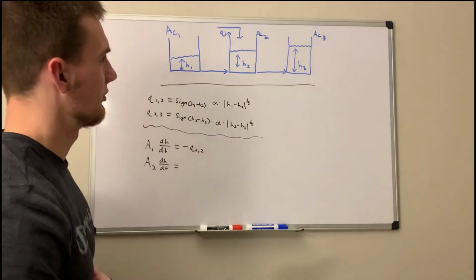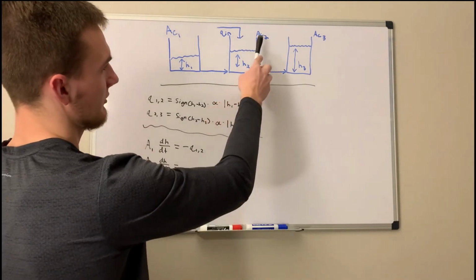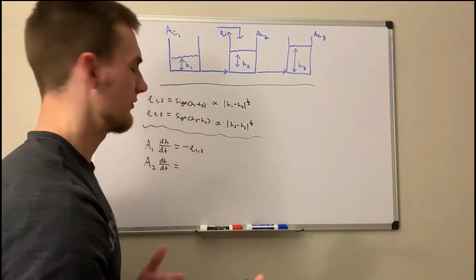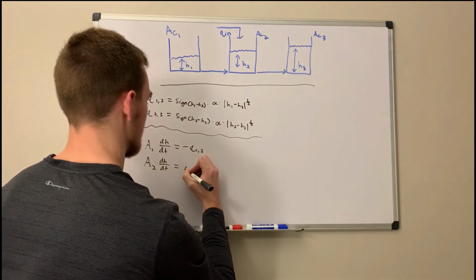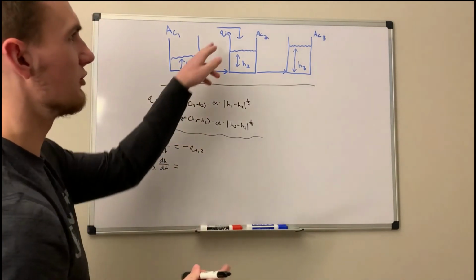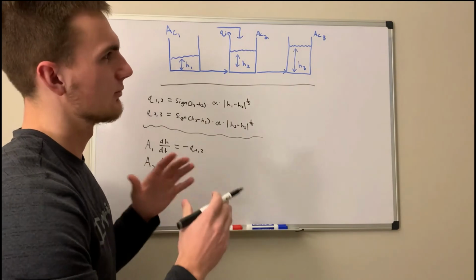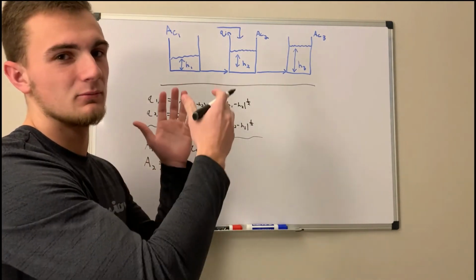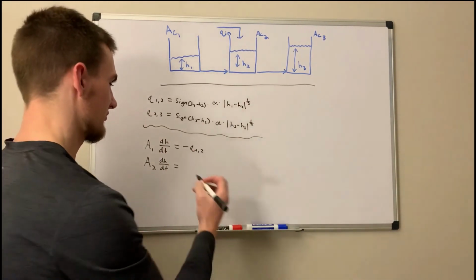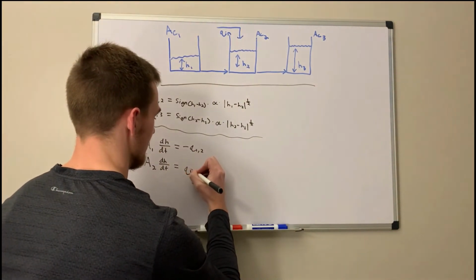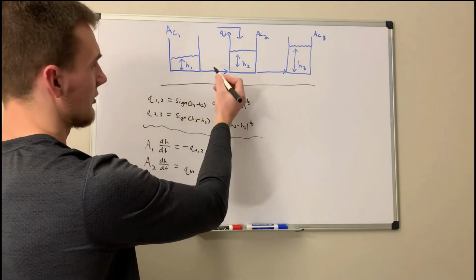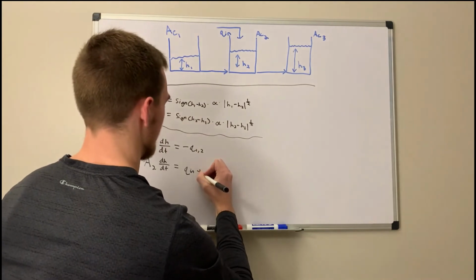This will be equal to, well, let's take a look here. Here in tank 2, Q1,2 will be positive because it's going into the tank. So actually, we'll take a look at the Q in, since this makes more sense if we're going in a more logistical approach. So Q in here, obviously we're adding Q in, so this will be a positive number. So our initial flow in, and then adding our flow from tank 1,